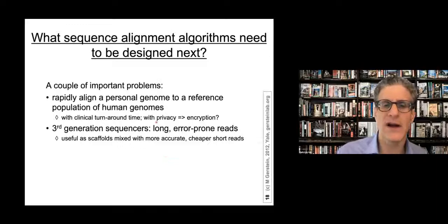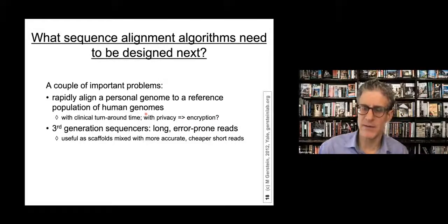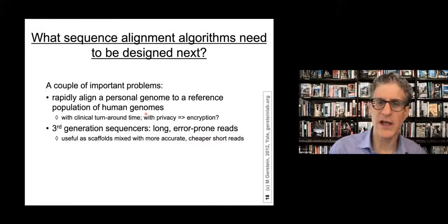And then another interesting thing is a privacy aspect. A lot of times when we start to think about doing personal genomes of identifiable people, we want to keep the genomics data safe and secure. So we might want to think about how we can do some of the matching with encrypted data, either having the database be encrypted, the query sequence be encrypted, and so forth. And so these are some challenges for the future. Okay, so that's the